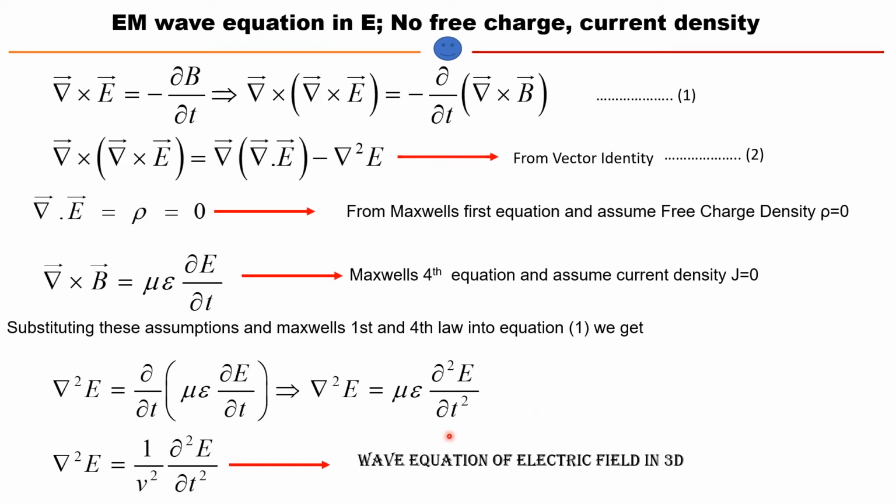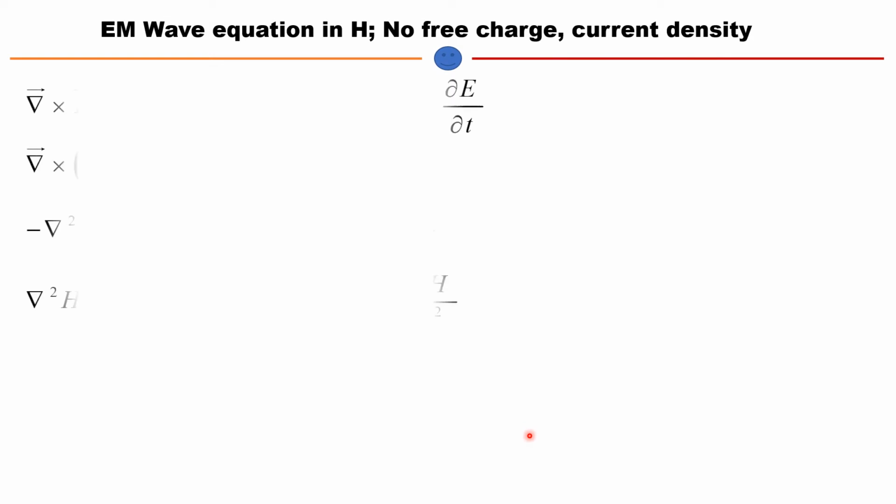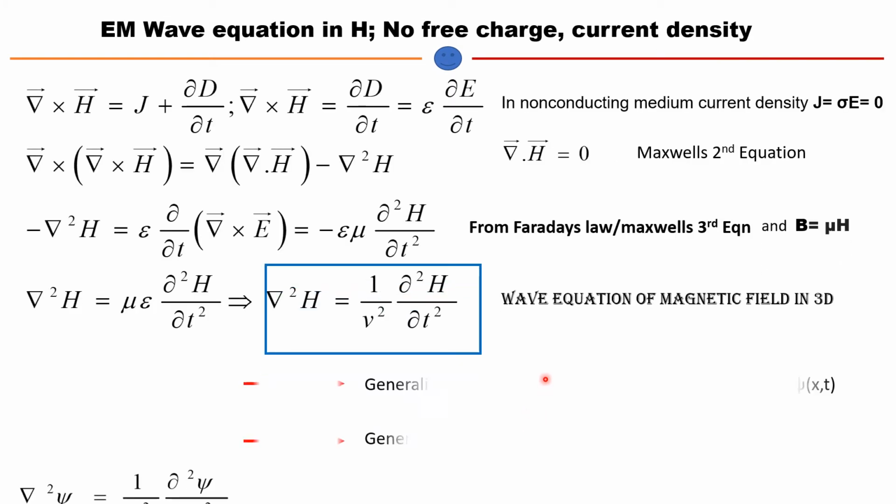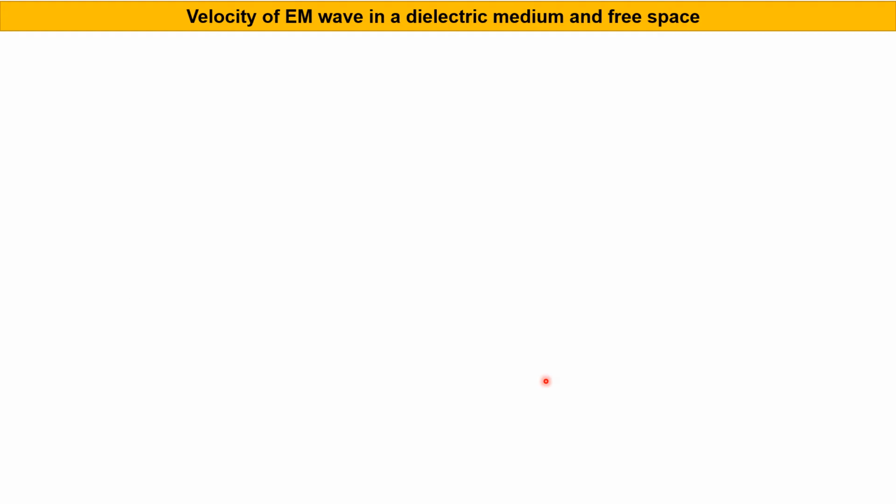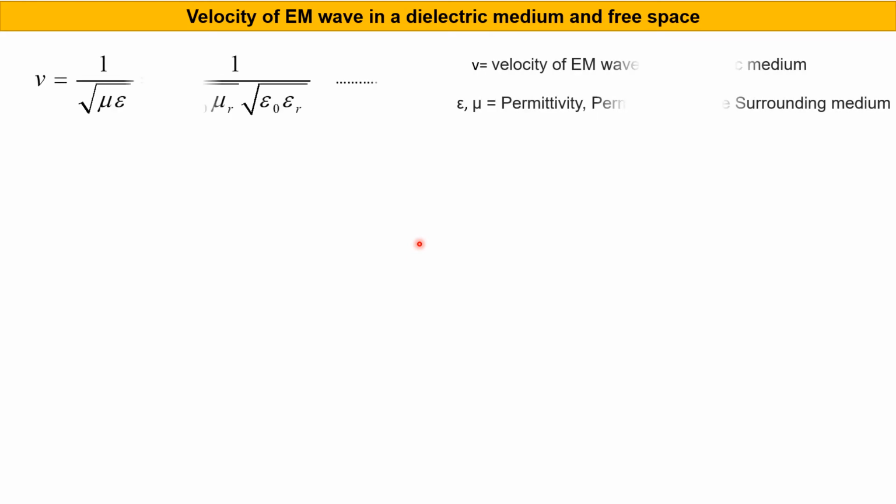I will discuss that, it is Maxwell's velocity in a dielectric medium. For free space, mu will be replaced by mu 0 and epsilon by epsilon 0. In a wave equation, that term can in general be represented as a function of x and t. So now we can move to velocity.